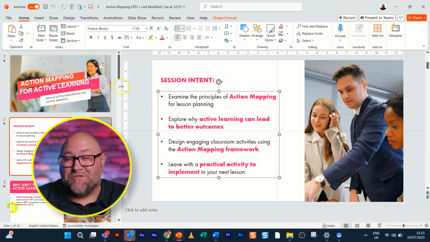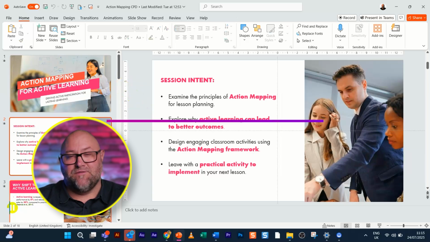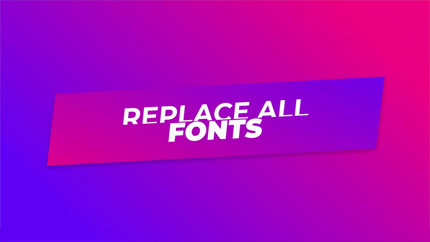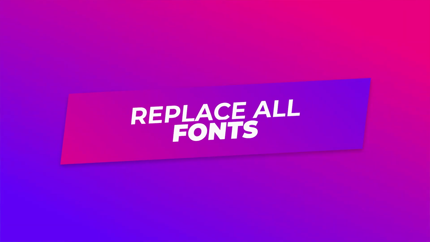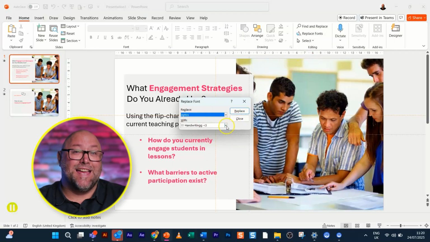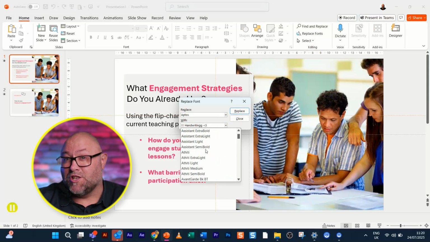This is a brilliant option for revision or breaking down big chunks of information. 4. Change fonts across the whole slide deck. Students go to the Home tab, Replace Fonts, and then they can select a font that's more suitable for them,